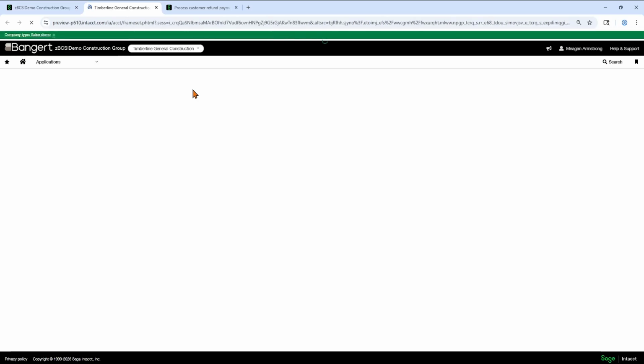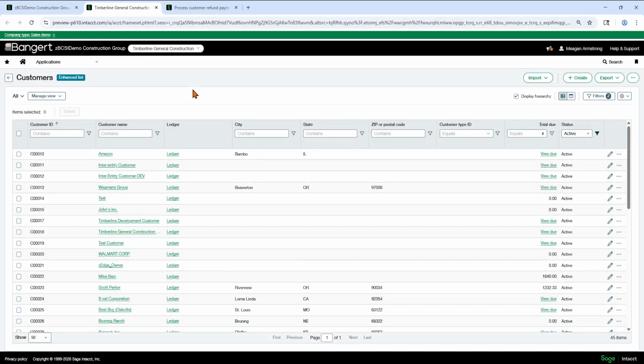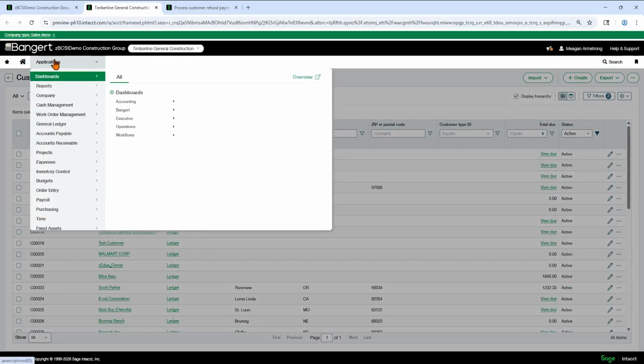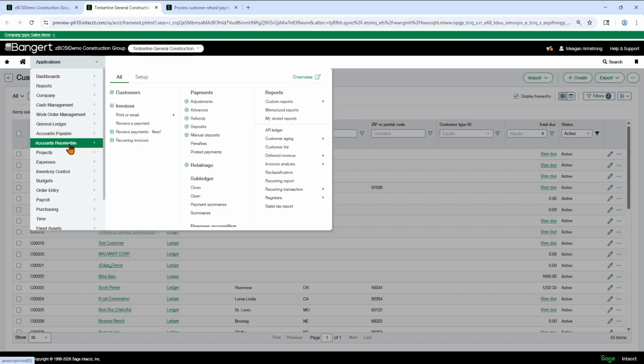Let's do a refund. Now that we've got set up and our customers are ready to go, let's test out a refund. All right. So hop over to accounts receivable refunds.